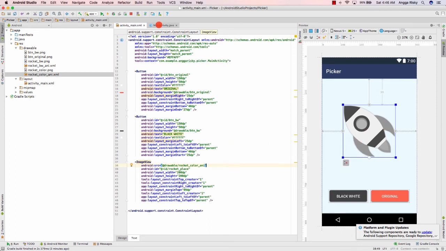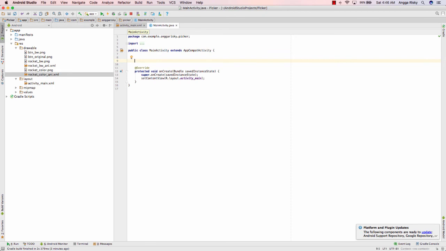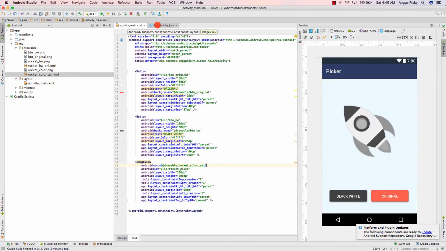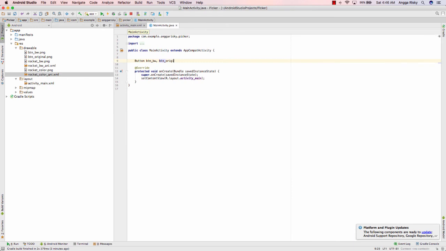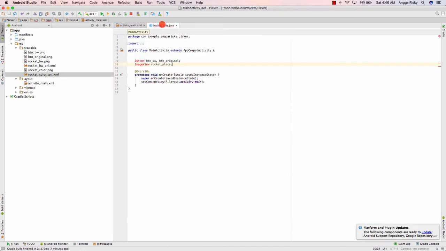And we can go to main activity, and first we need to declare the new variable here. Button, it's button bw, and button, what is this, original, and image view for the rocket place. This is the rocket place ID. Okay,